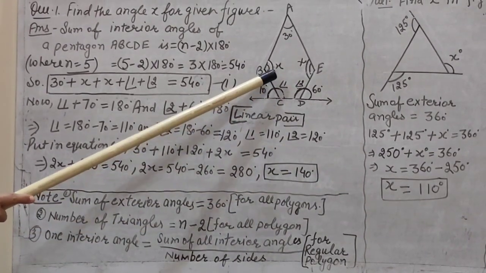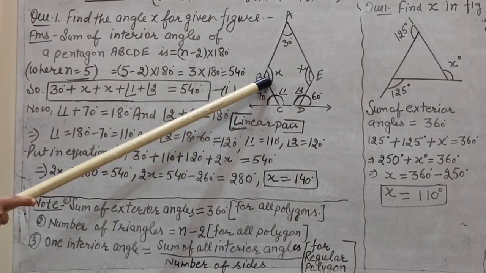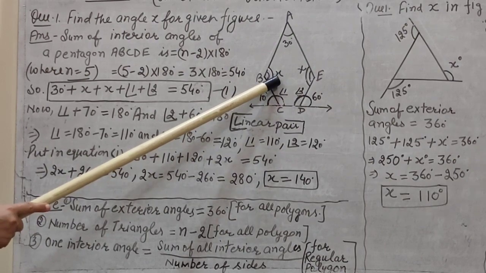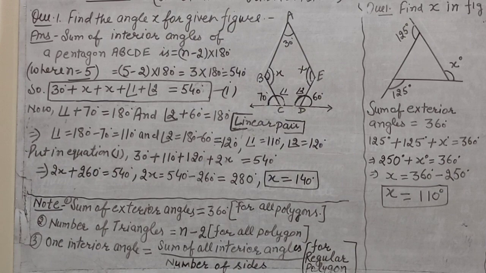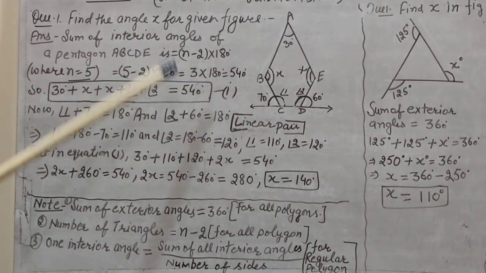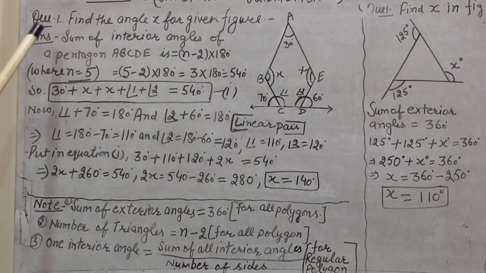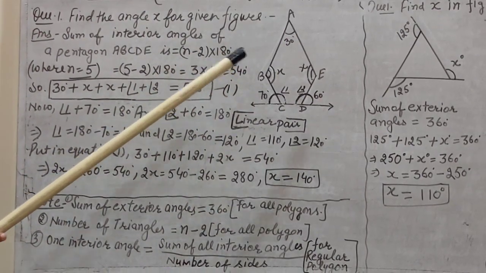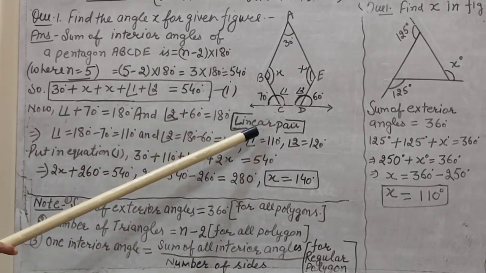That is each angle, that is angle B and angle E, are 140 degree each, not both. The sum is not 140, but 140 is angle B and 140 is angle E. So this is the method that you can find out the value of any angle in the interior with the help of sum of interior angle property. Formula is n minus 2 into 180, which we have already done yesterday. And secondly, the linear pair property.